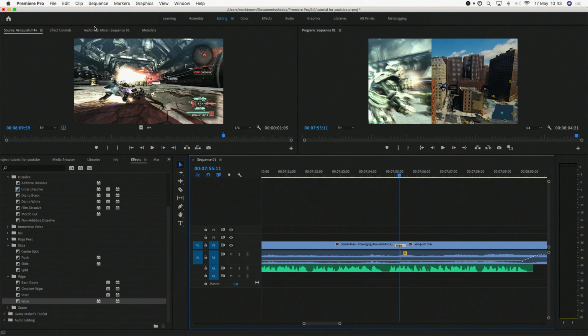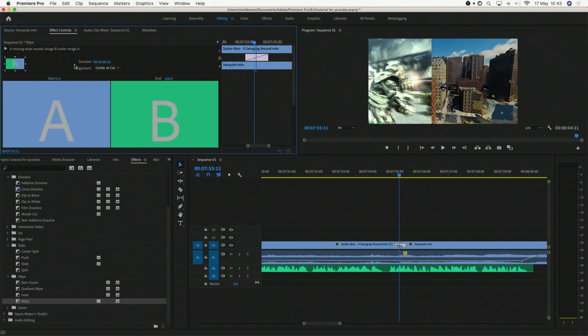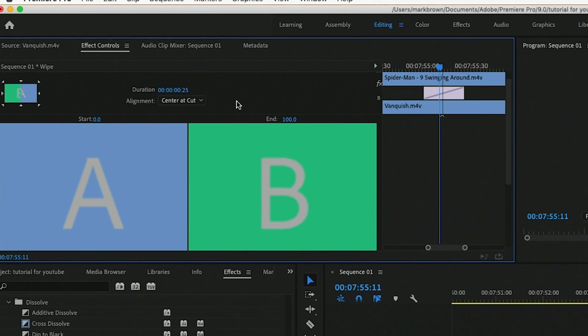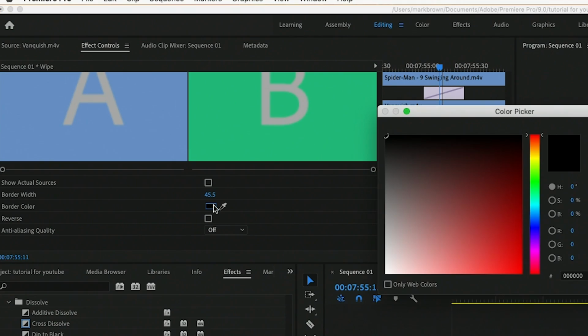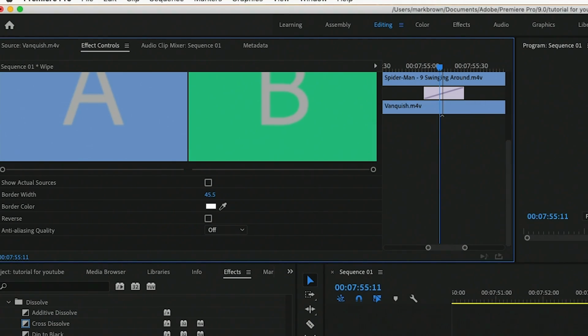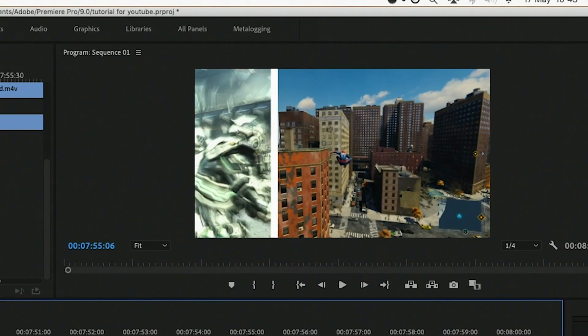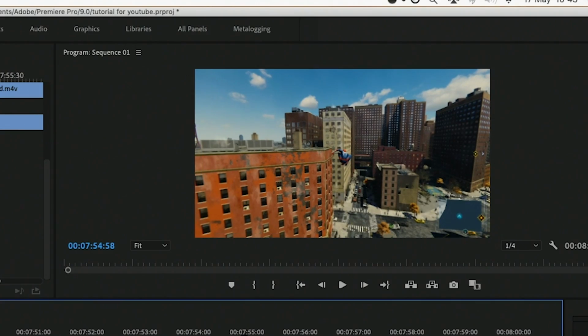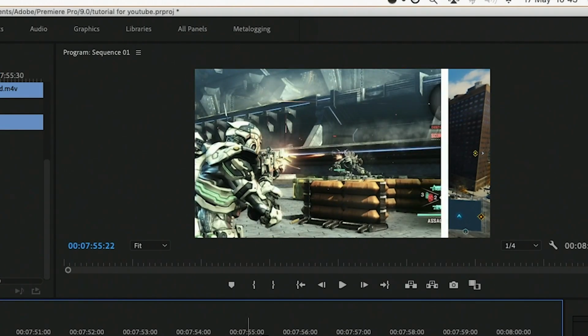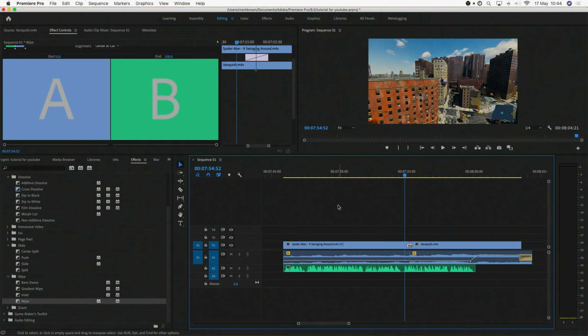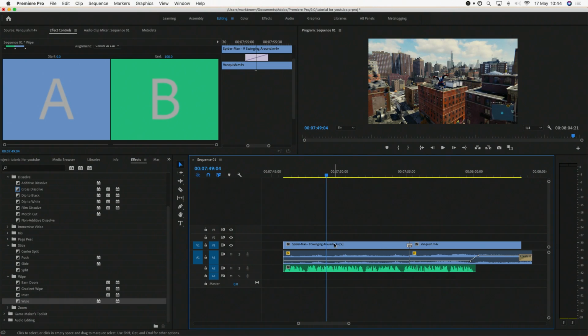So if we click on this wipe and then go up to effect controls up here, we get the stuff for the wipe. So we can say, for example, make a border, like a really thick border like this, and make it white. And then it might be quite cool for like a comic book video. If you're talking about Batman and Spider-Man, that kind of looks like comic book panels. Yeah, it's quite nice. And that effect controls is really powerful, because what we might want to do is maybe